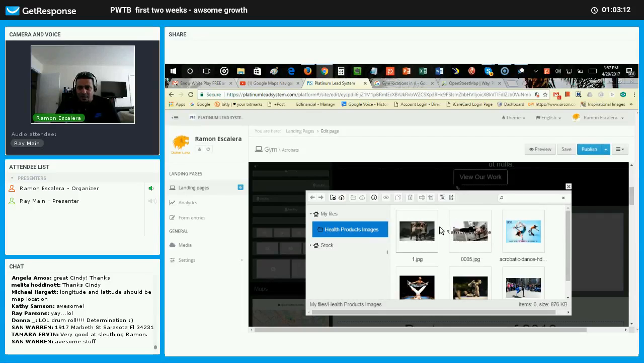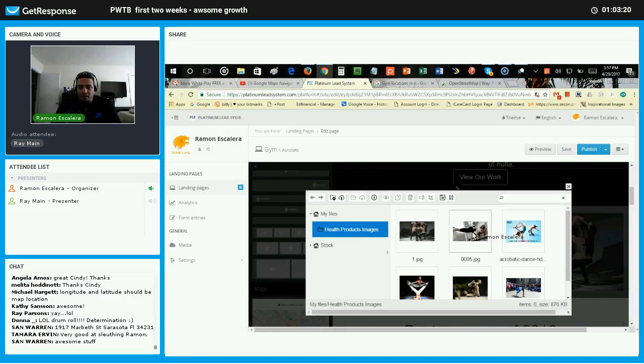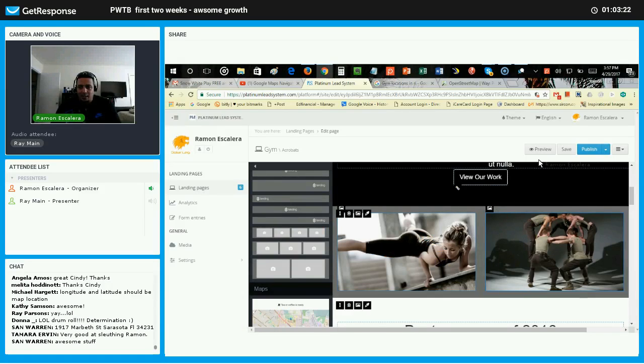See, these 2 images look the same height and size. So I'm going to go ahead and click on that one. And then what I'm going to do is select this one. Select image, and then we're going to grab that one, and voila. And then we're going to click on save. That way we don't erase our work, and then publish. And then when I open up publish site,